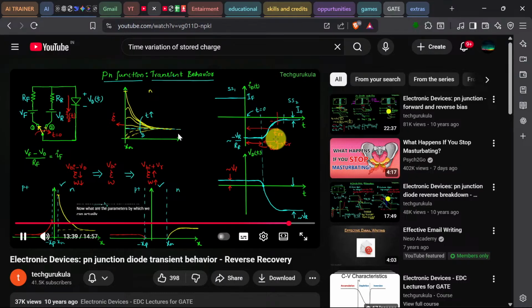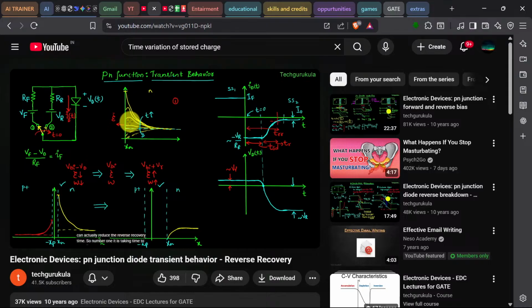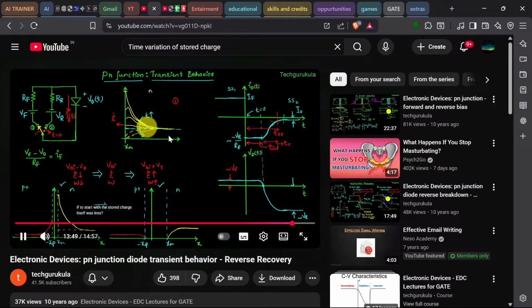Now, what are the parameters by which we can actually reduce the reverse recovery time? So, number one, it is taking time to actually remove the stored charge. What if to start with the stored charge itself was less? Which means if the